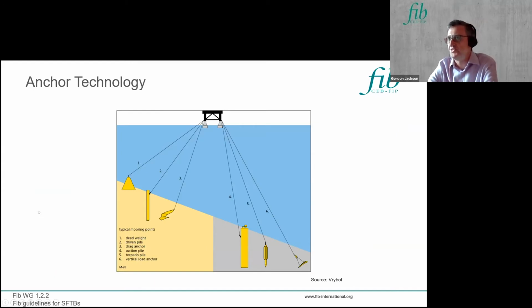So we want to install some anchors, and there are a whole possible range of anchors, from a simple deadweight, to some form of pile, to a conventional drag type anchor, to a suction pile or caisson, to this, a torpedo pile. I think we're unlikely to see those on SFTBs,